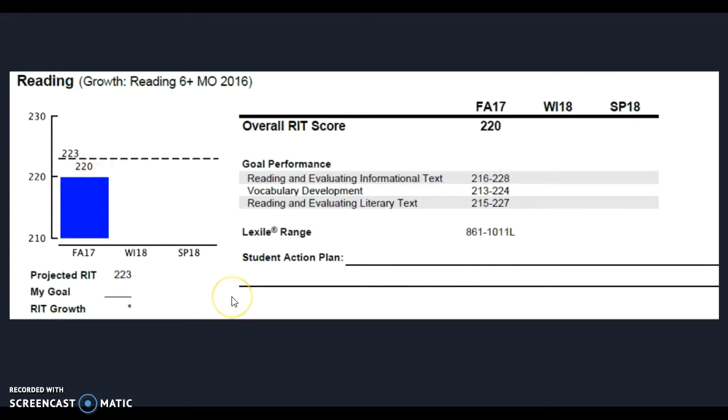And so I would need to be doing things like reading 30 minutes every night, paying special attention in class, having book talks with people. Again, taking my time on the assessment. Maybe I'm going to use some of the annotation features that are built into the assessment so that I'm actively reading as I take the assessment. All of those would be really good to add to your action plan.